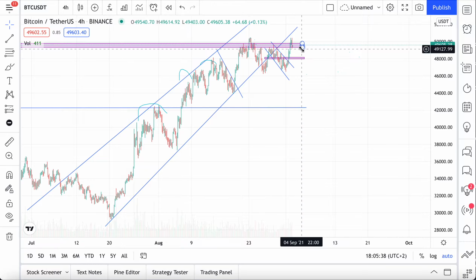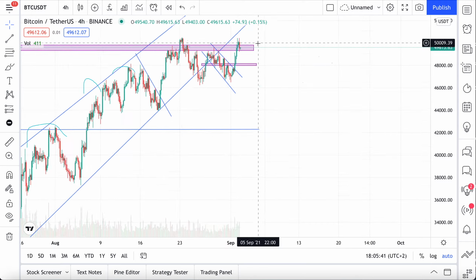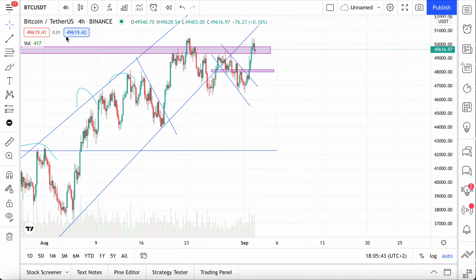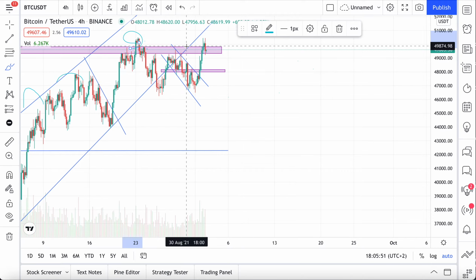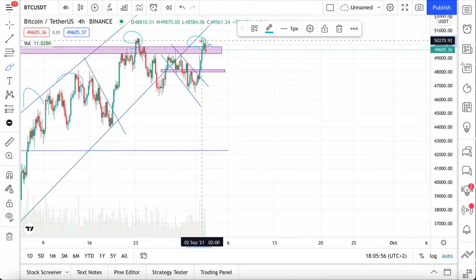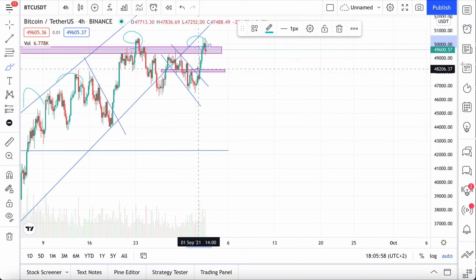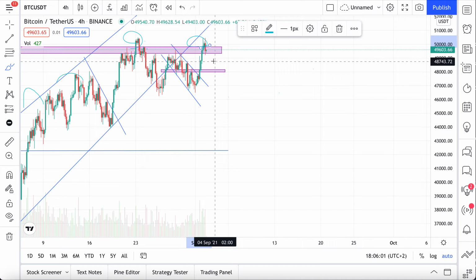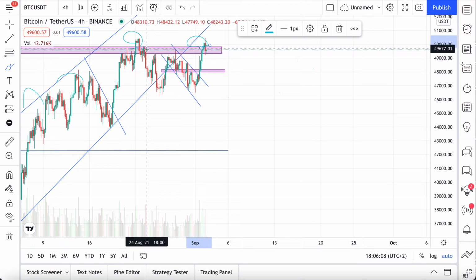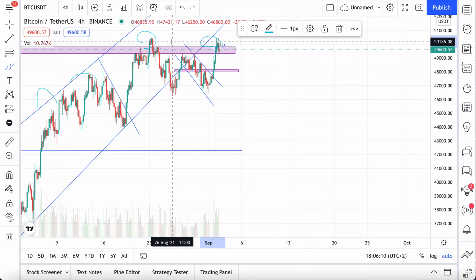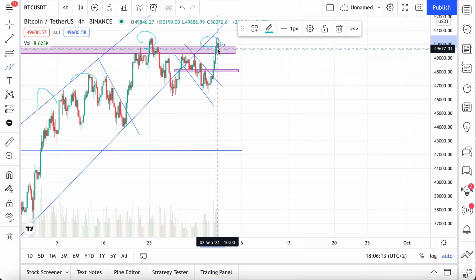Some people are shorting the market right here. Actually, short could be an idea. If you are bearish overall on the market, short could be an idea. Why? Because look, here we had a higher high, and here we made today a lower high. This is a classical pattern. It's not confirmed, we are battling. Anytime it might go up and break the last high, but at the moment it's counted as a lower high, and it's a bearish pattern.